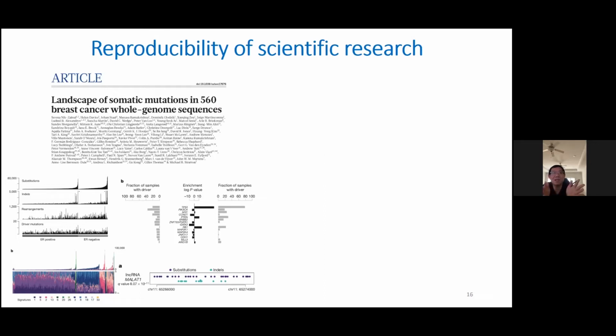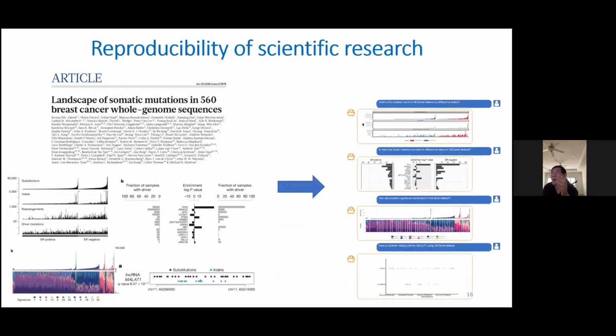I will consider that a bioinformatician is very capable of repeating this. But when you have this data loaded in DrBioRight, you just ask the same question: could you do a mutation count? What's the driver mutation enriched and what's the mutation signature? You see on the right side, through this simple dialog, you essentially get exactly the same result from the published